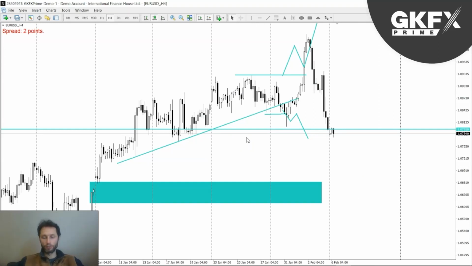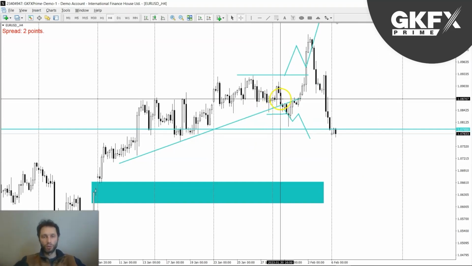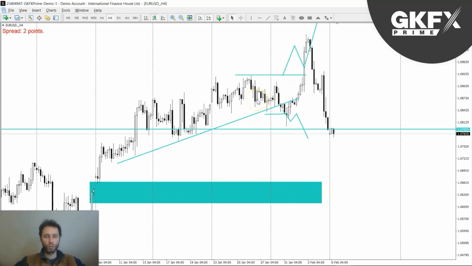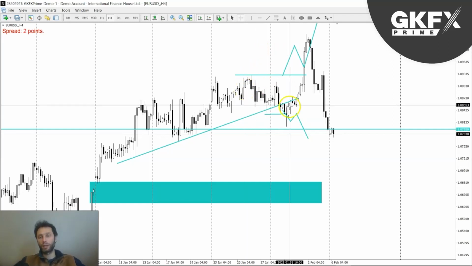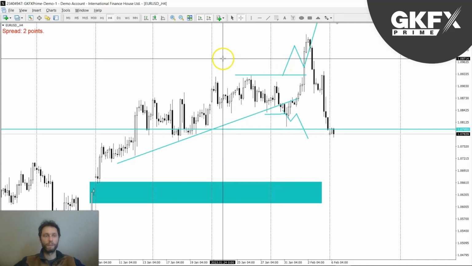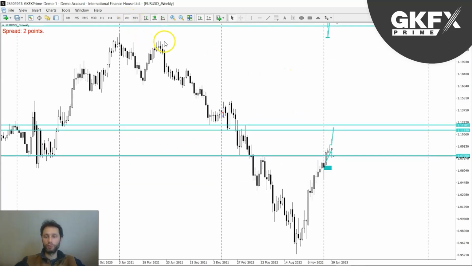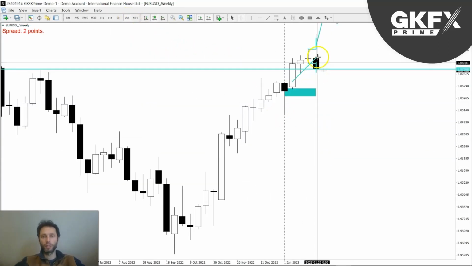Euro dollar. Now Euro dollar one we've been looking at. This is what I was thinking of last week. And this is an example of when the market tells you when something is invalid, and a good example when you plan and then it just doesn't work out and you have to wait even longer. So here we are on the weekly on the euro,